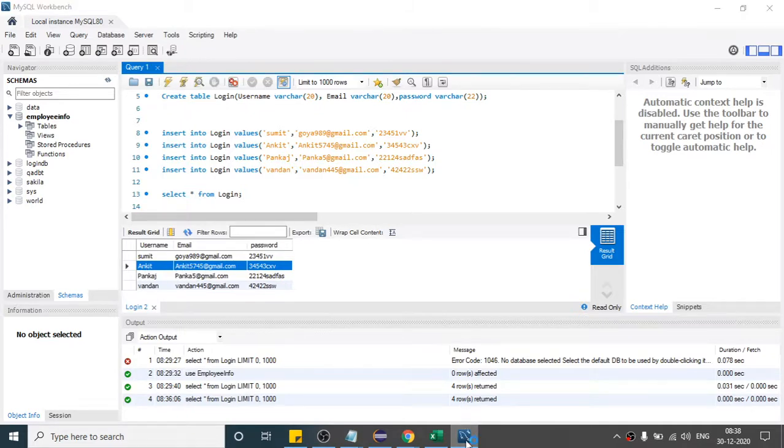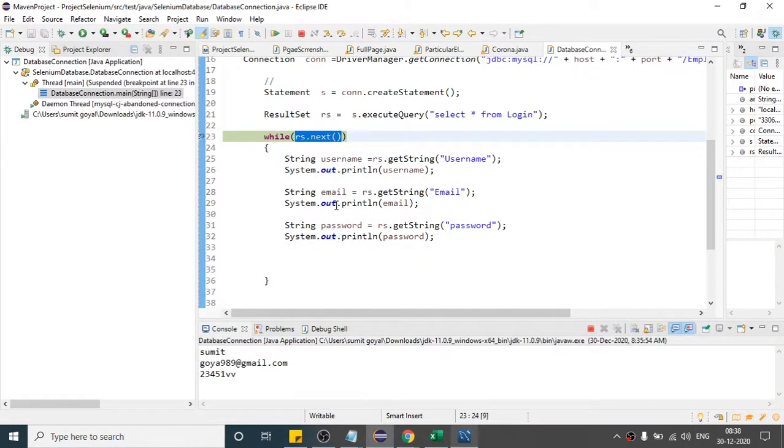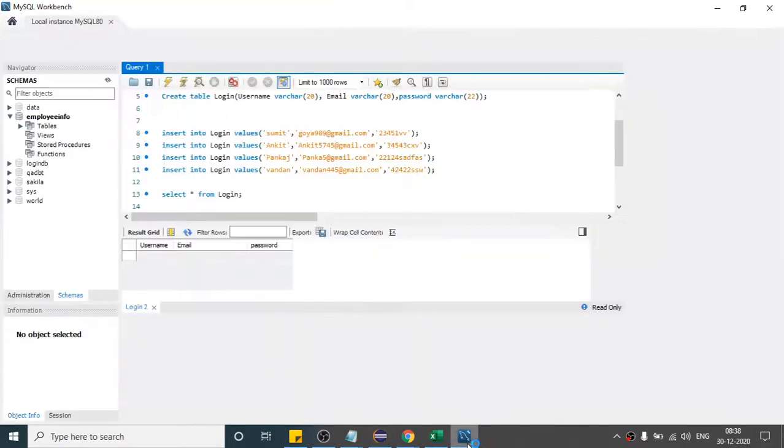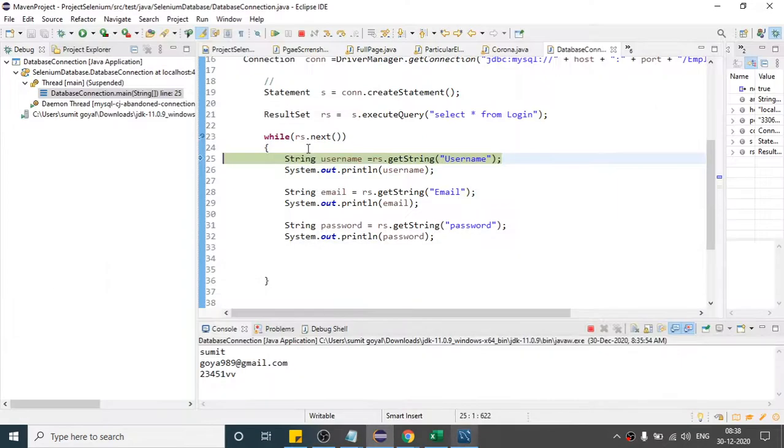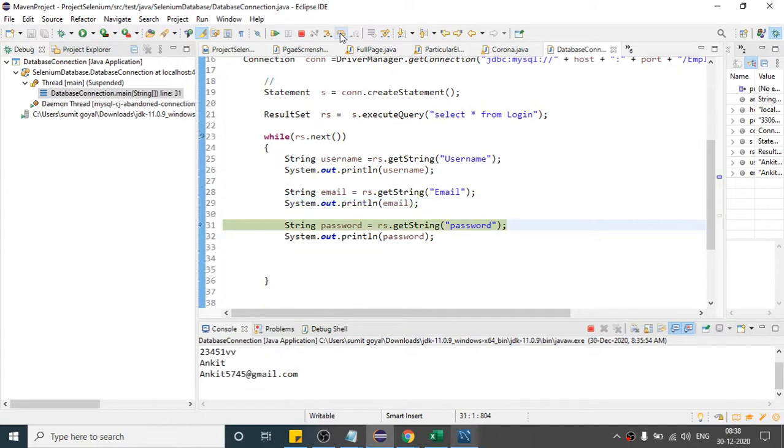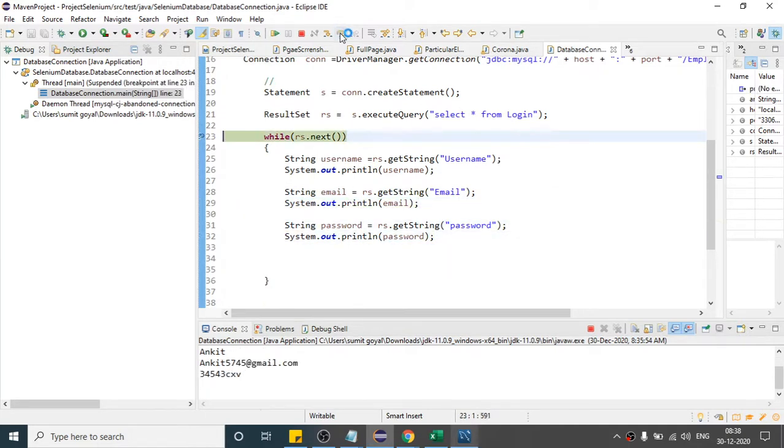So now rs is pointing to your second row, right? So condition true, we will come inside. Now if you see what is the second row data, it is Ankit, right? So it should print Ankit, after that Ankit email, and third is password of Ankit, right?